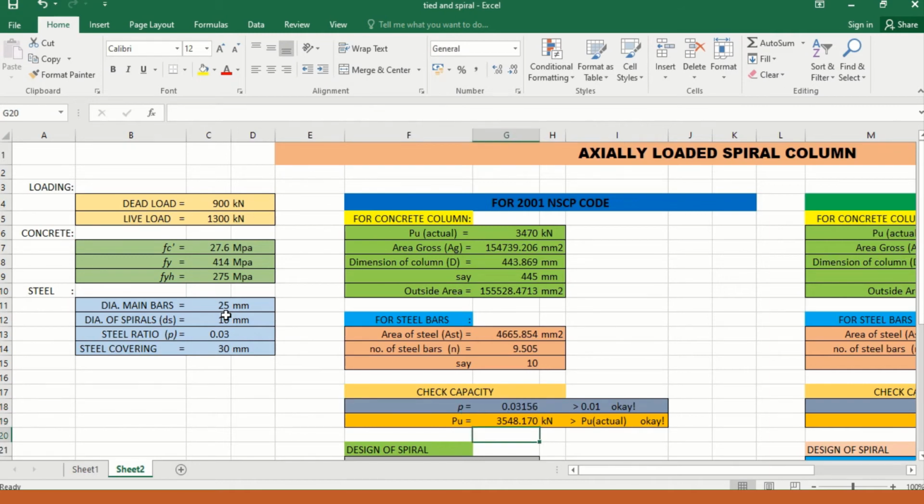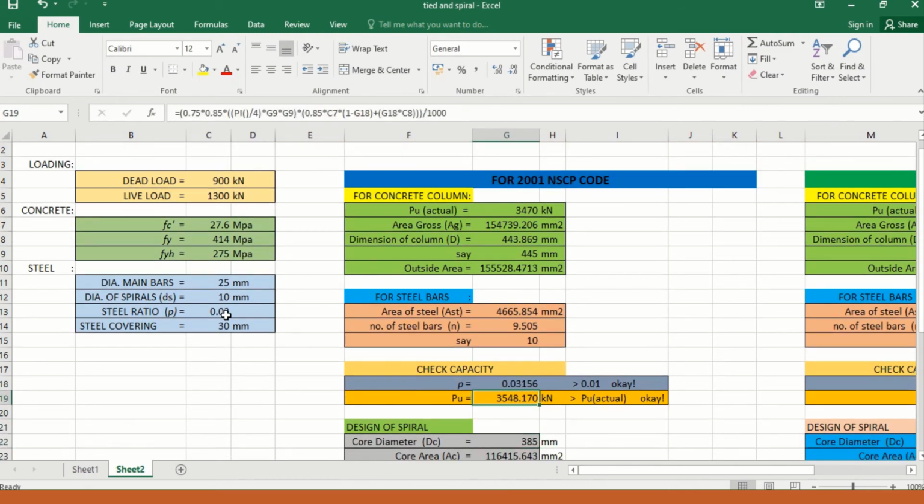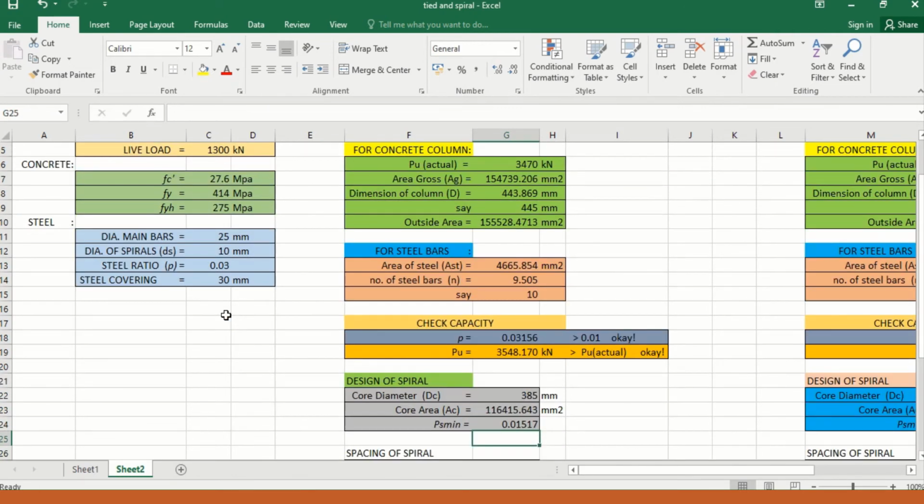So, same lang kanina sa tied. So, if greater than 0.01, so okay. Okay ito dito. And dito rin, okay din kasi mas malaki yung PU na nakuha. So, ayan. Then,